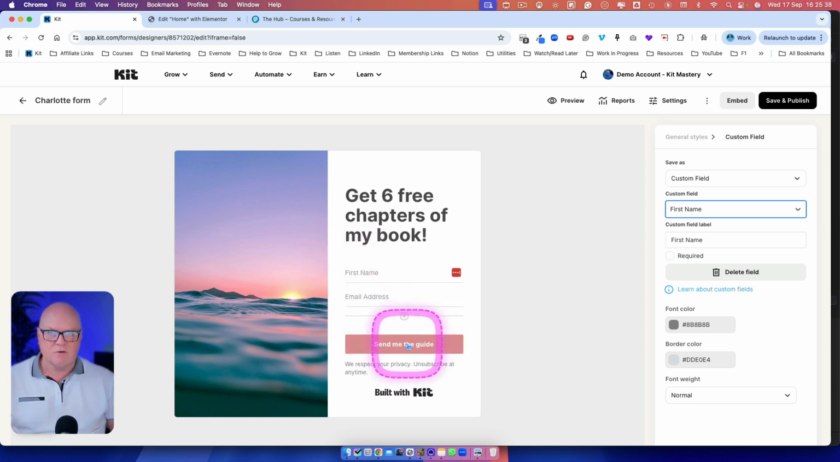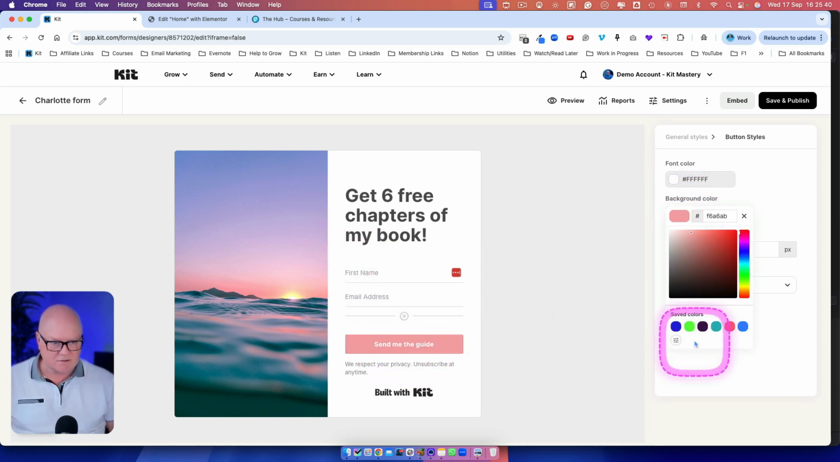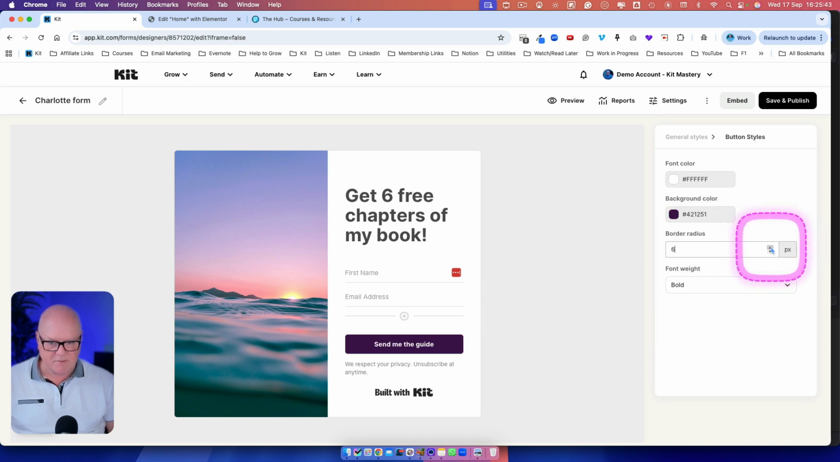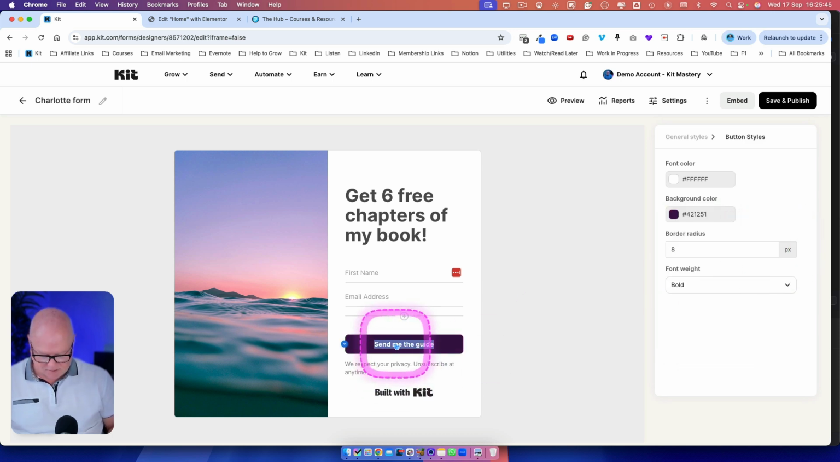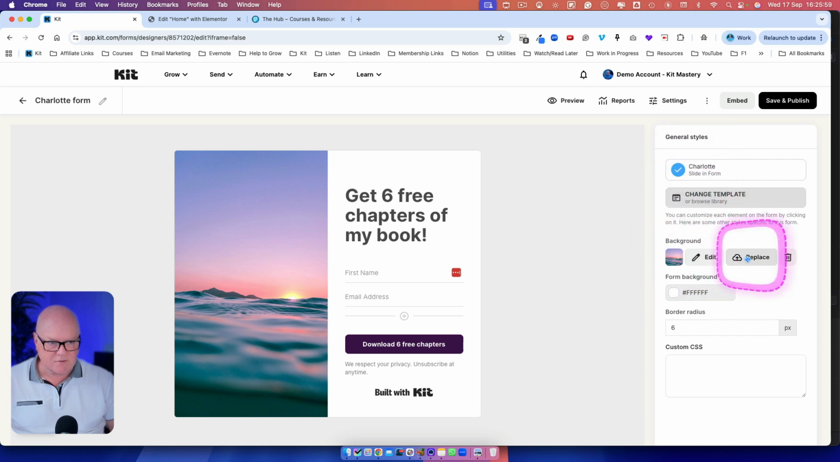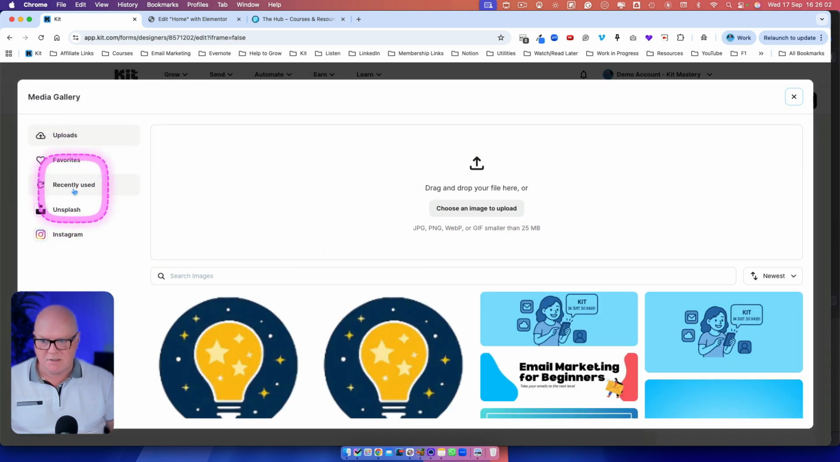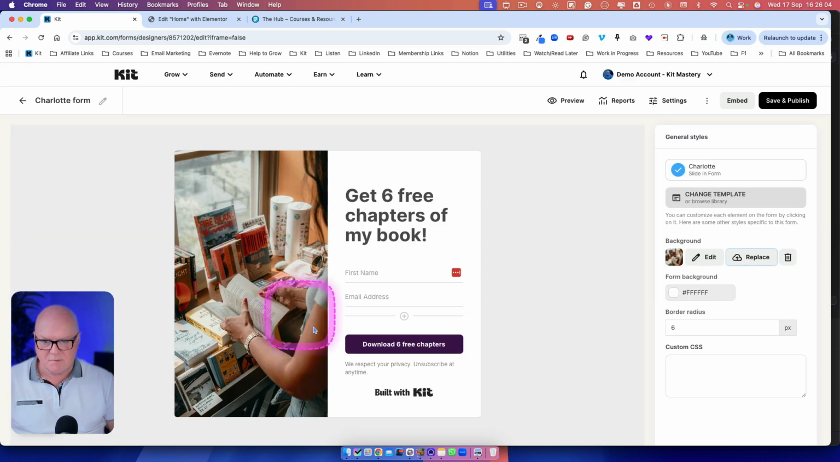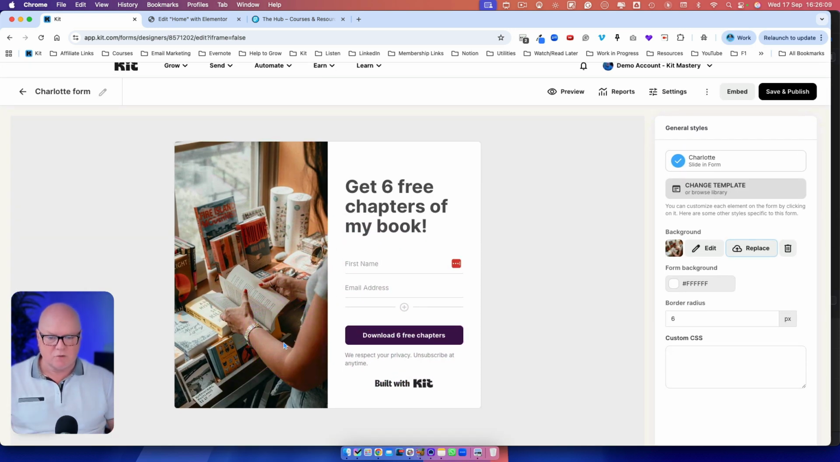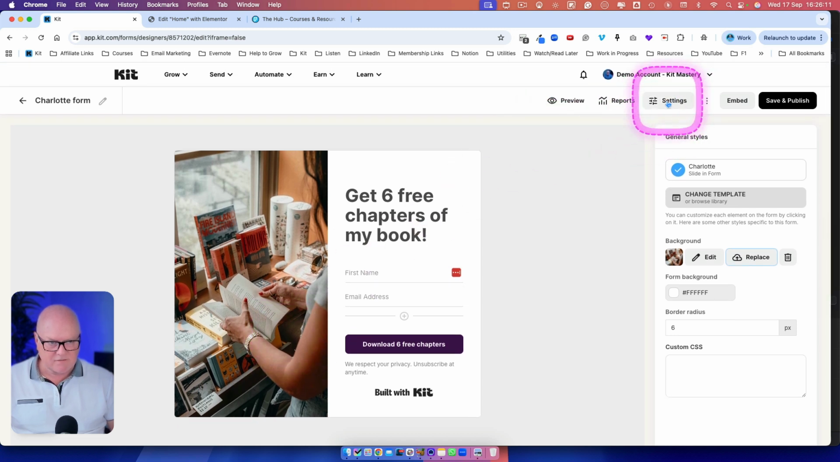And then I can make the form look and feel the way I want. I can add my brand colours and make the corners a bit more round for what I do. Change the text on that, download free chapters. And then we can change this image in here as well if we want. We go into general styles and then replace that image, and let's say maybe something like that. So we've essentially got the form looking the way we want it, and now we need to configure the settings